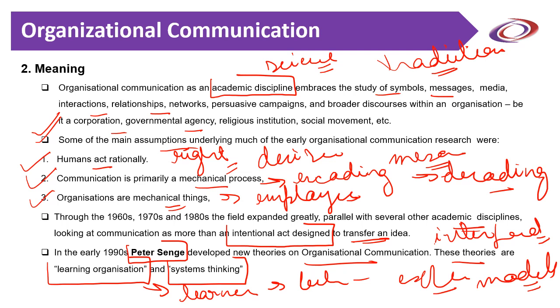Another model is given by Henri Fayol. Henri Fayol basically focused on the formal structure of the organization, in which he emphasized authority, unity of direction in which the information has to flow, order, as well as subordination of the individual interest. So he believed in the scalar chain in which information has to flow.